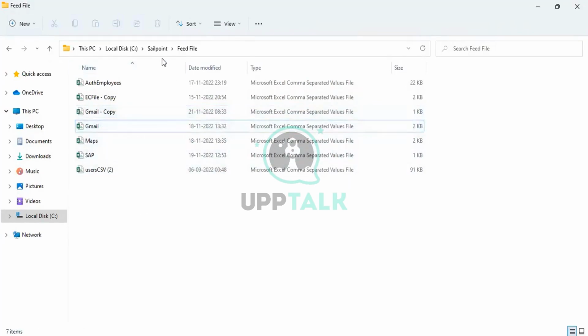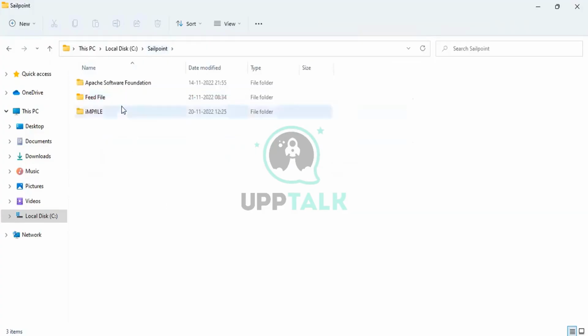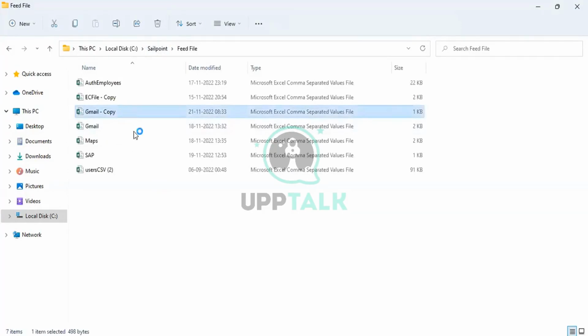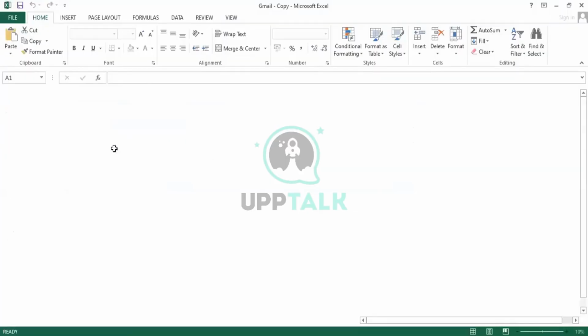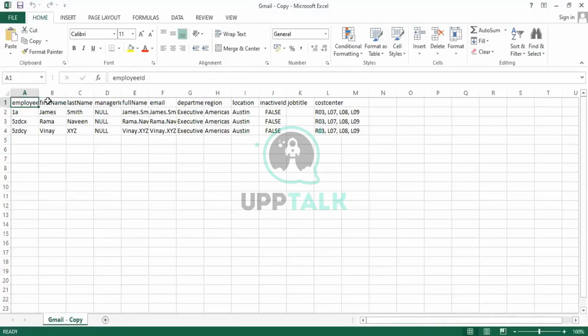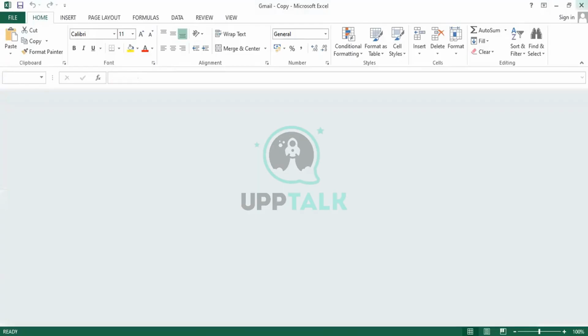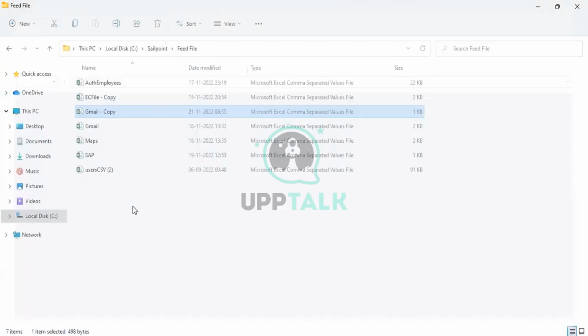Whatever you see in the application details is called application attributes. Let me open a file. The first name and last name from the application team are application attributes; from the identity side, they are identity attributes.